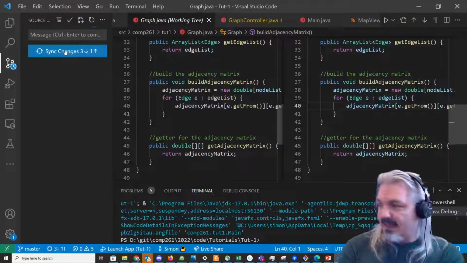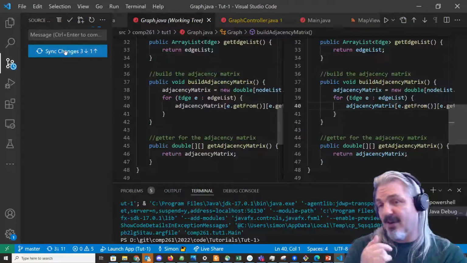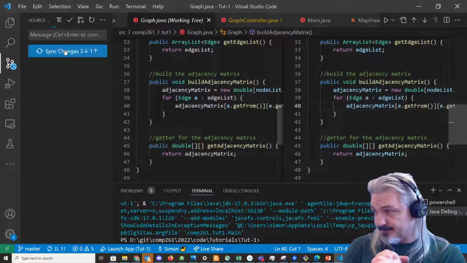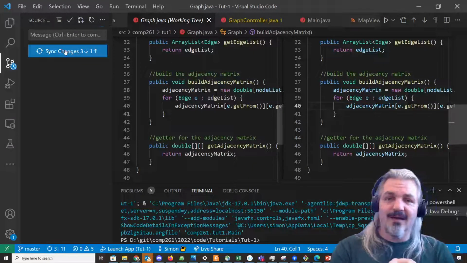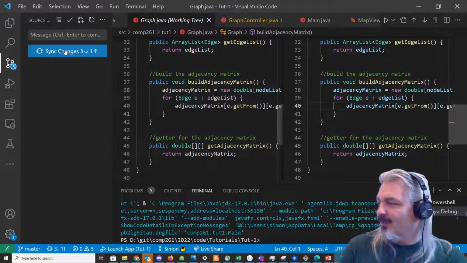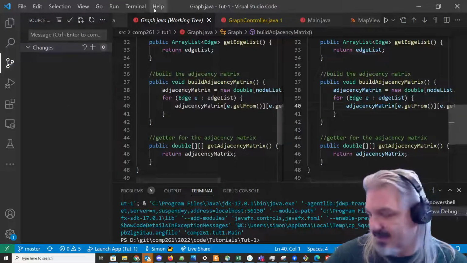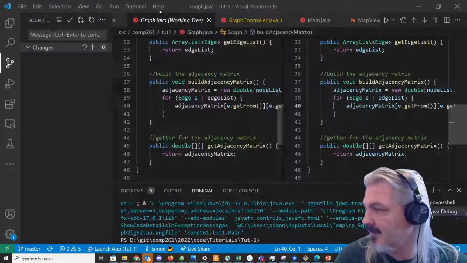So the GitLab version online will update with those changes, and it will make it just a directed graph. And once that completes, there it does, I can go back to the